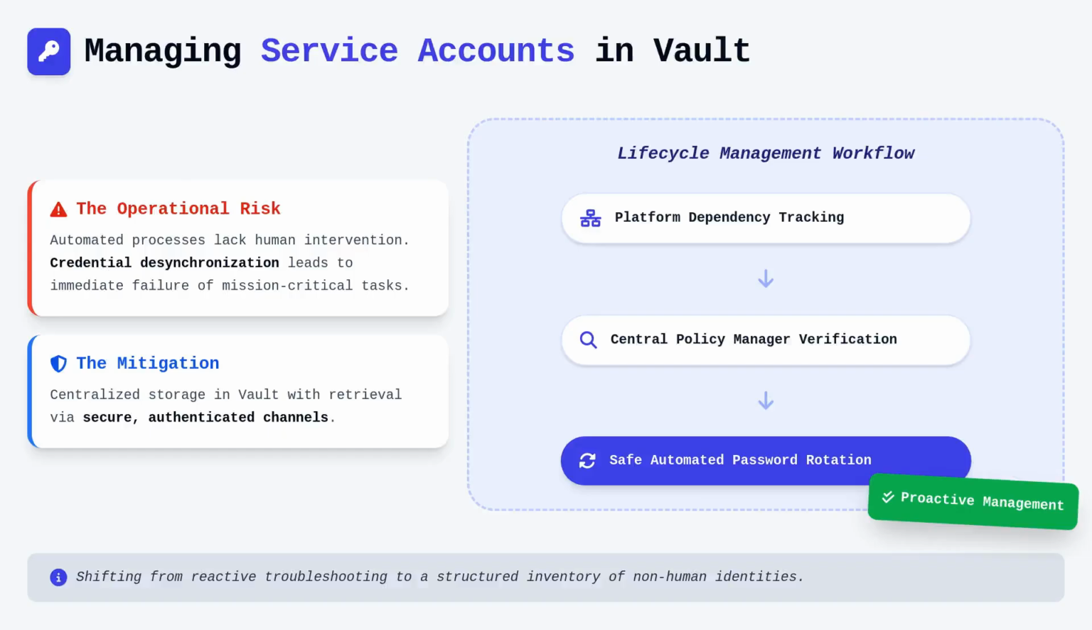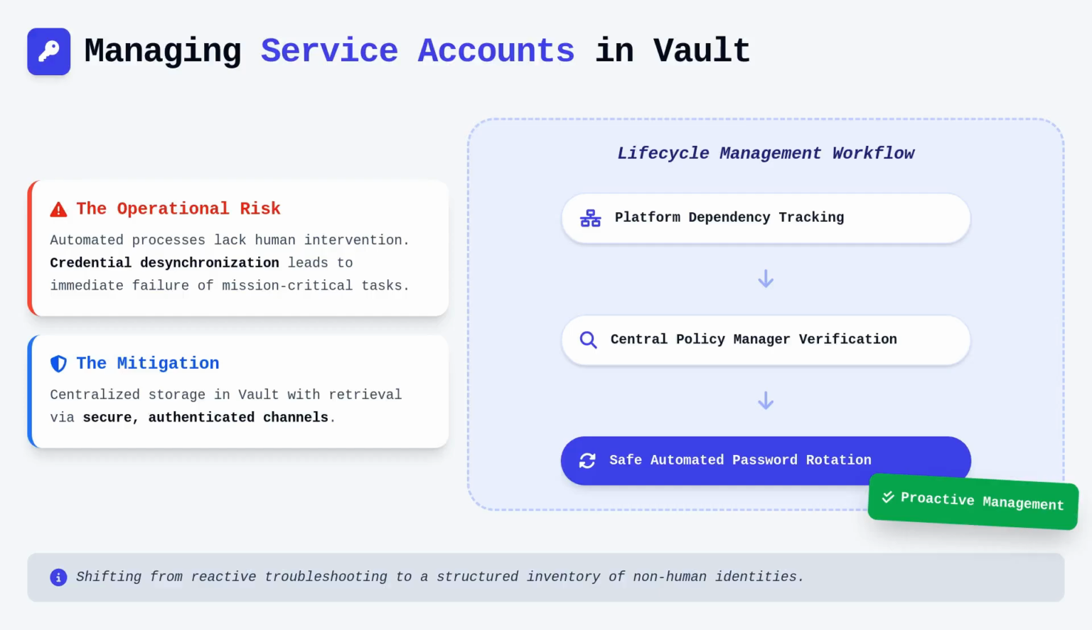Managing service accounts within the vault introduces a distinct set of operational challenges, particularly because these accounts often perform mission-critical tasks that cannot tolerate downtime. Unlike human users who can manually update passwords after a rotation failure, automated processes fail immediately if their credentials desynchronize. We mitigate this by utilizing the vault's ability to store and manage these credentials directly, while the components retrieve them